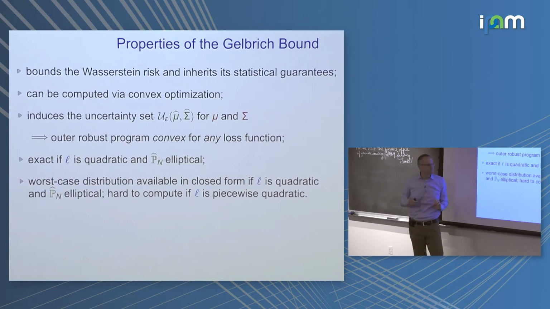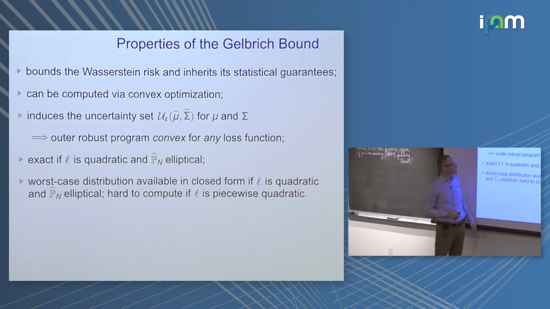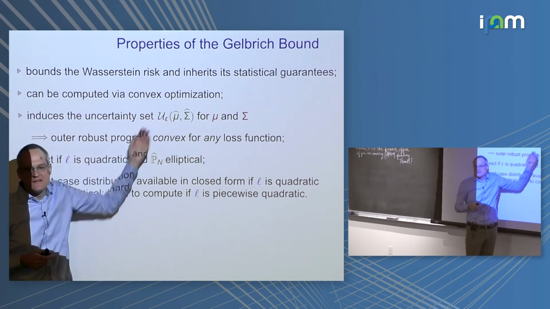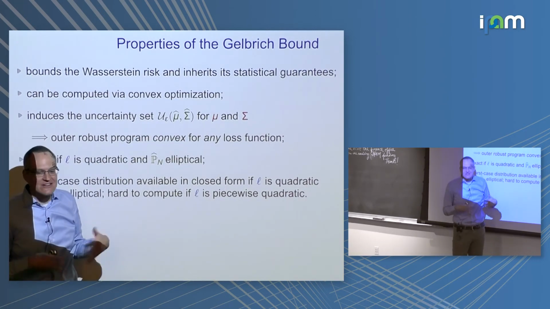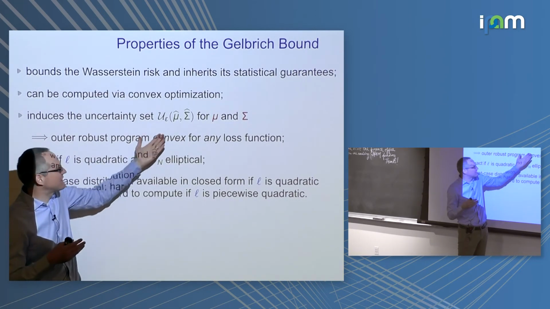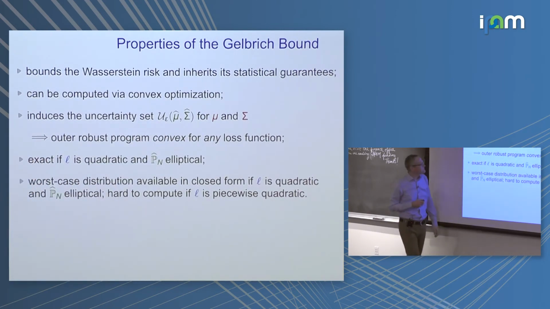And that is something that is a bit remarkable if you know the literature on distribution robust optimization, because people have tried to come up with an outer layer of robustification for moment uncertainty in other settings, and this has never quite worked. Only for special cases, they have found uncertainty sets driven by tractability that worked. Now, this uncertainty set is actually very natural, and it will give a convex outer maximization problem for any loss function. So that's quite nice.